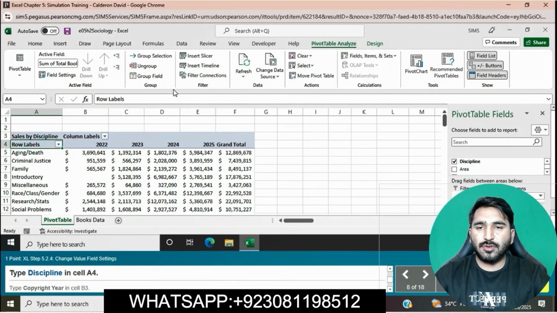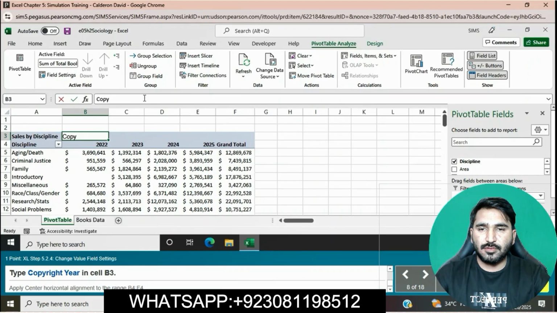Here is cell A4 and we will type Discipline in cell A4. Type Copyright here in cell B3. Simply click on cell B3 and then we will type Copyright here.